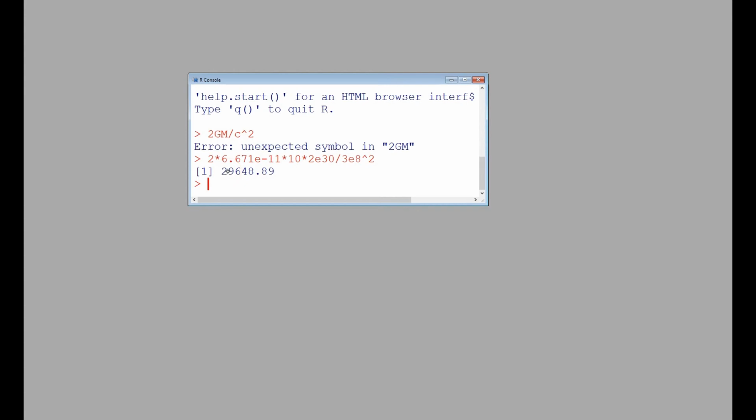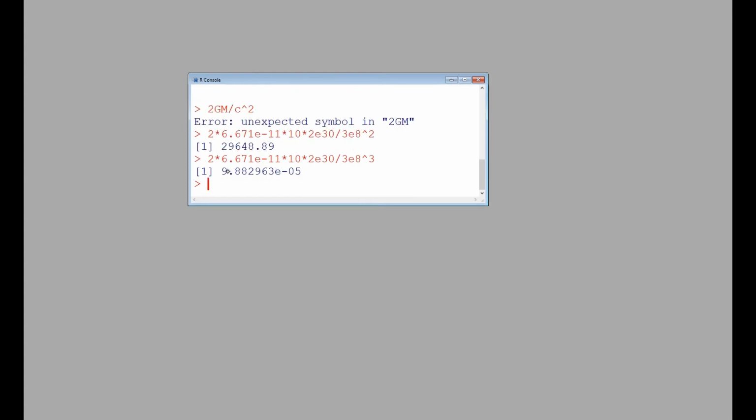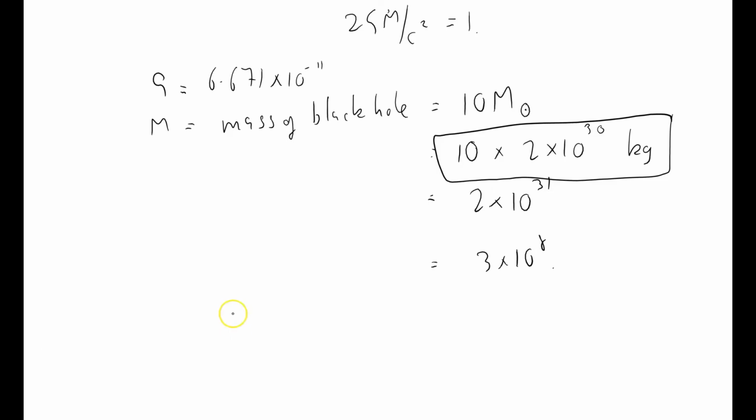And of course, if I want the unit of time, all I have to do is divide by c cubed instead, which gives me about 10 to the minus 4 of a second. So let me just write those down. We've got 30 kilometers and about 10 to the minus 4 of a second. If I go back, where is it? Oh, it's this one. So unit of time, unit of distance